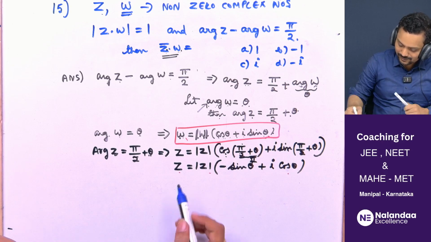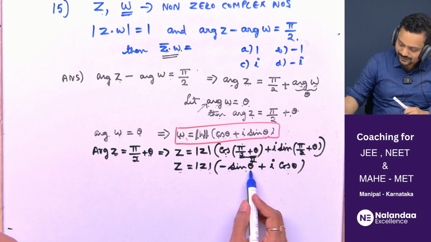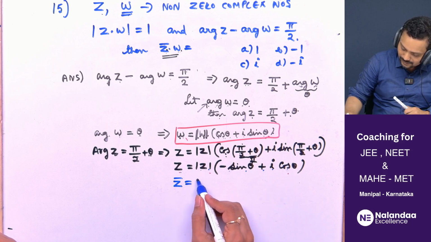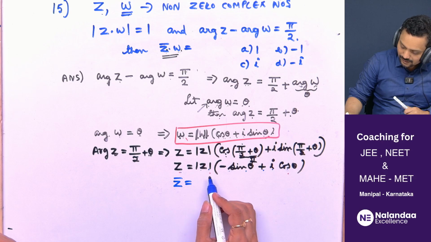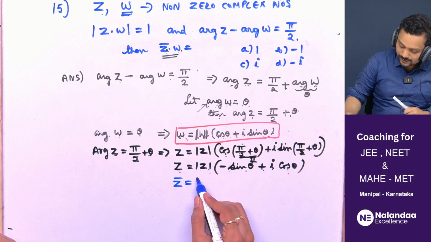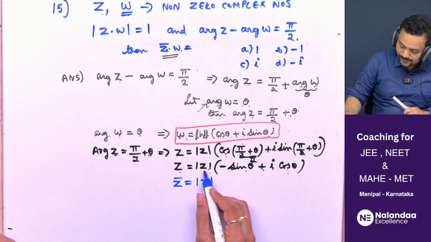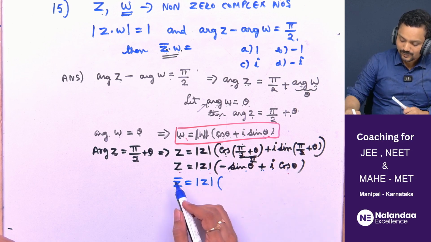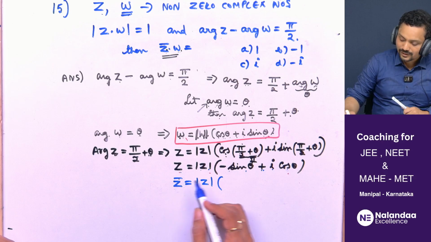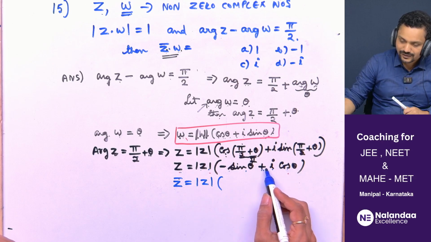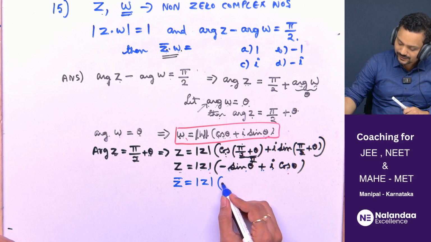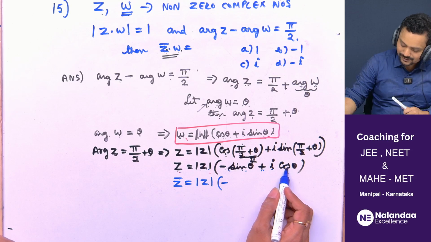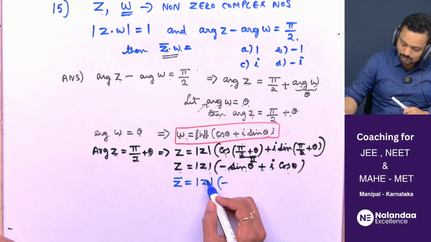If z is mod z into minus sin theta plus i cos theta, what is z bar? Z bar is equal to mod z into, this will become minus, that's it, conjugate, no? Conjugate is always got by changing the sign of the imaginary part. So this will not change. So if z is mod z into minus sin theta plus i cos theta, z bar will be mod z